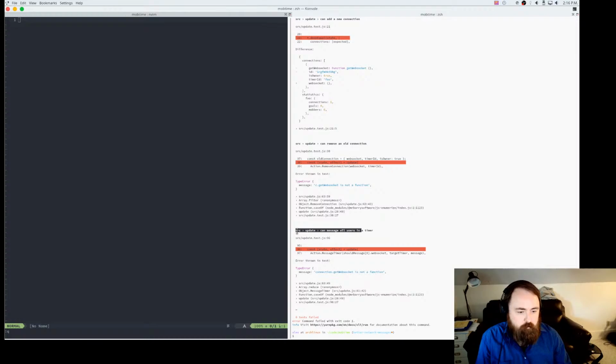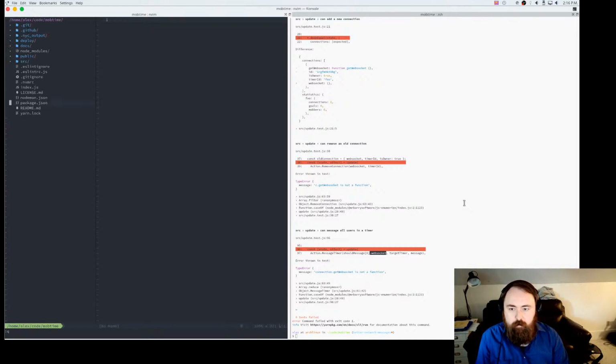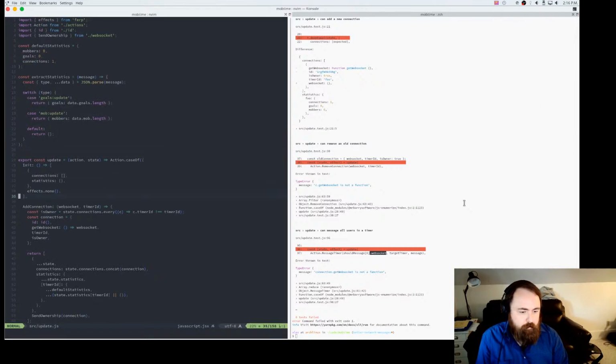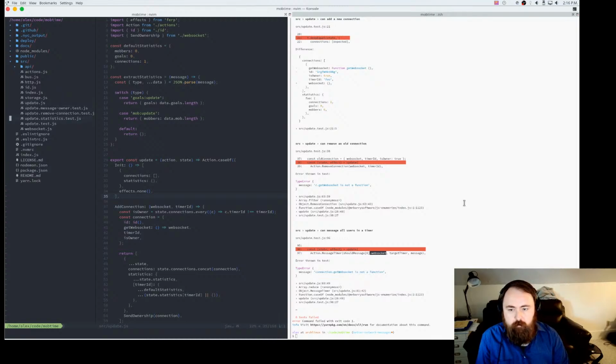So we see, source, that is our server-side update, can message all users in a timer. I changed around a bit of code. I was having some issues with FRP detecting state changes in WebSockets as socket changes, which was doing all sorts of restarts in my subscriptions, so I had to wrap them in functions. As a result, I'm guessing some of my tests did not get updated the way I thought they were. We'll open up update, and then find specifically the update test. The ones that ended up having branches of tests, I shoved down into separate files.